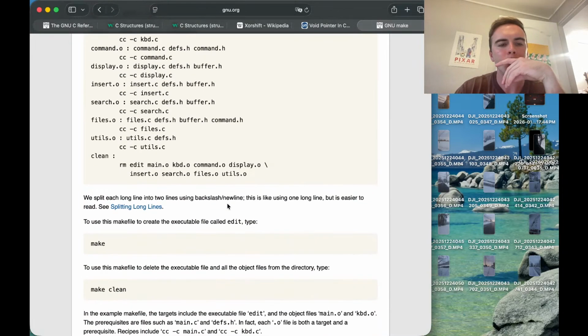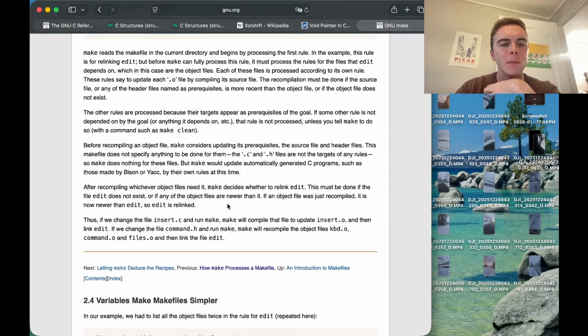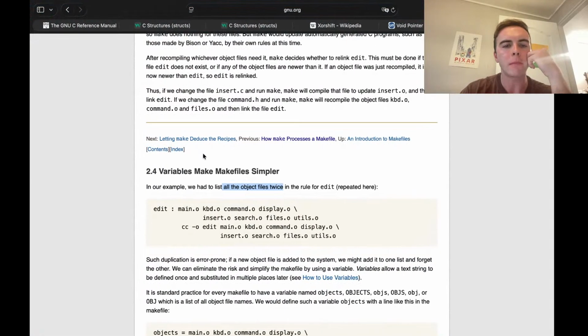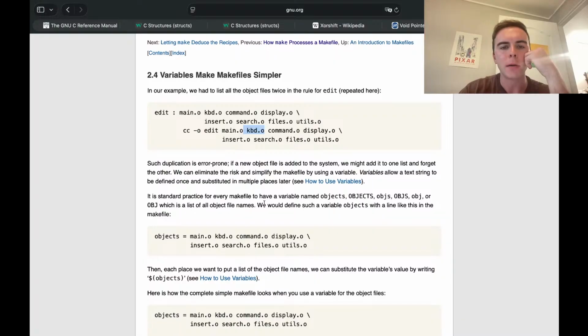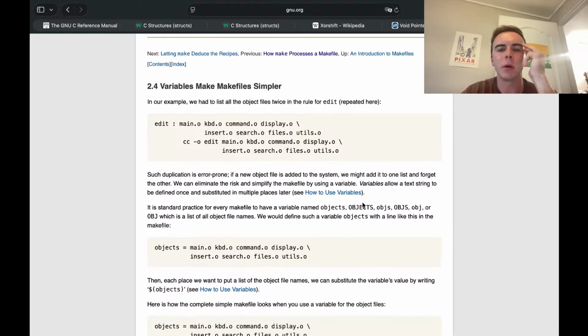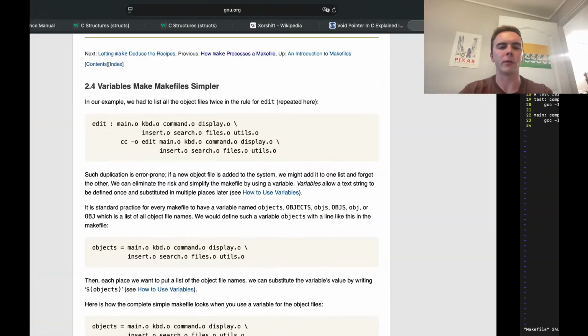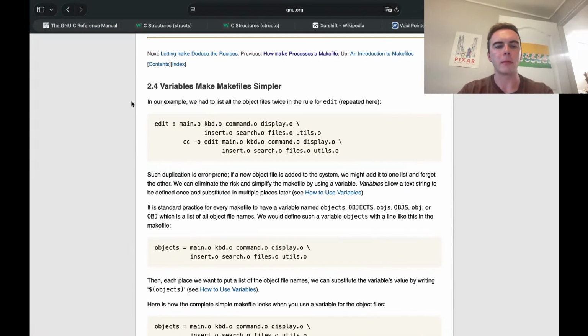Okay. Yes. Yes, we have KBD and we have KBD, which is ridiculous. It is standard practice for every makefile to have a variable named objects. Okay, let's not be weird then. Let's do objects. So we'll do objects is equal to